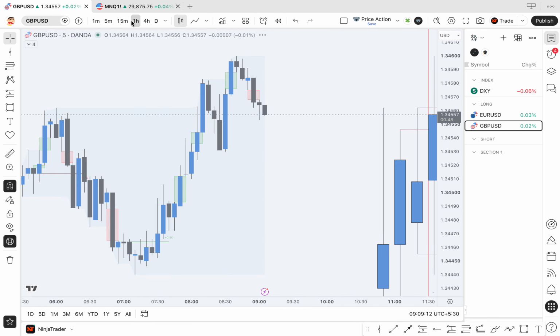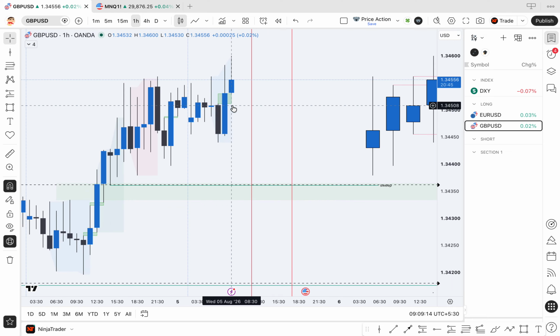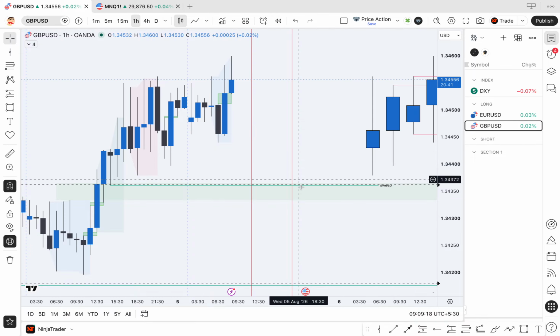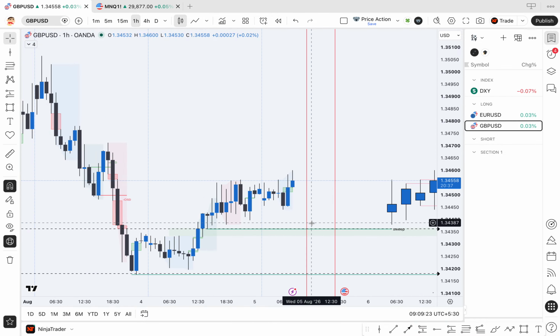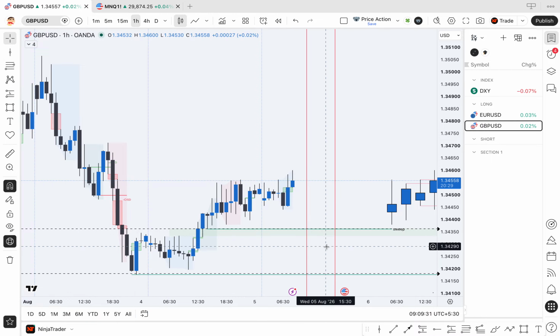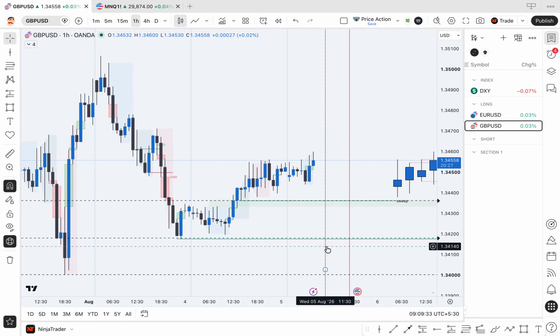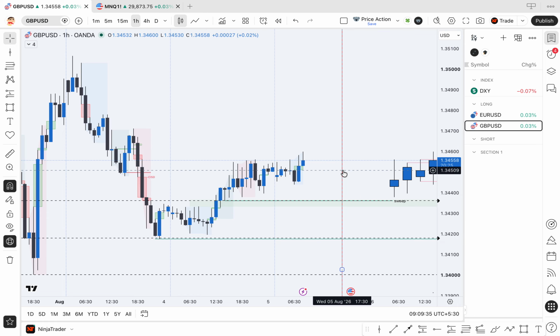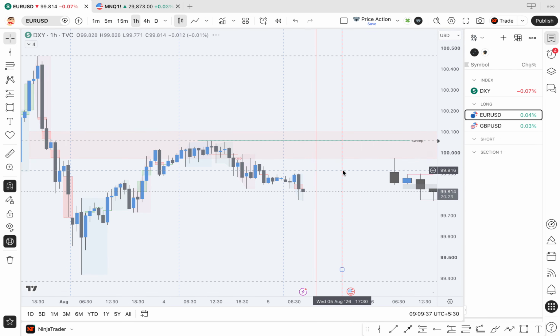So on hourly, Asia closes like this, London opens, we get a price till here. New York open, we get a sweep. Sweep of London, we close back in, I take a trade. Or Asian, London goes till here, same as EU and DXY. New York opens, I get a sweep, I get a close back in, I take a trade. That's it. So these are the three scenarios for me to take trades in EU and